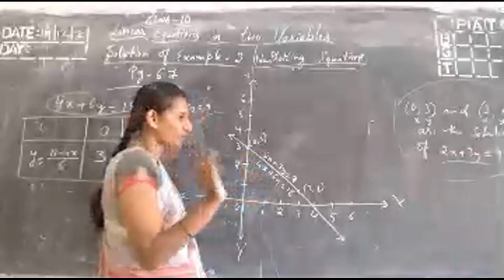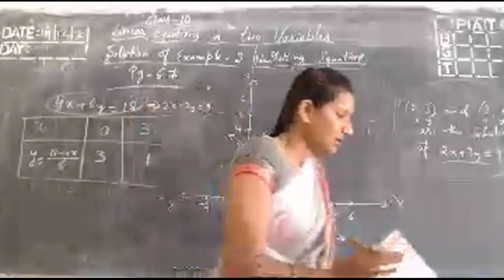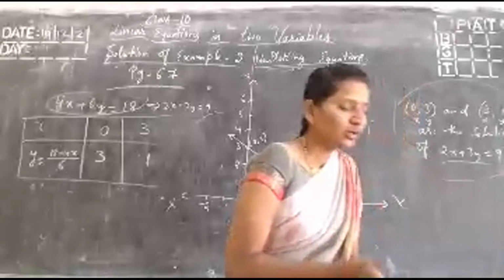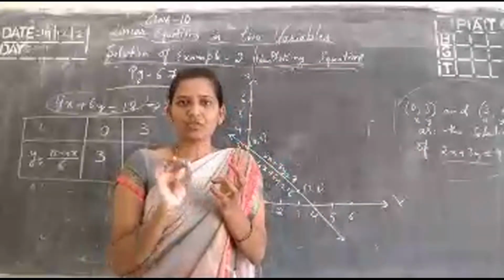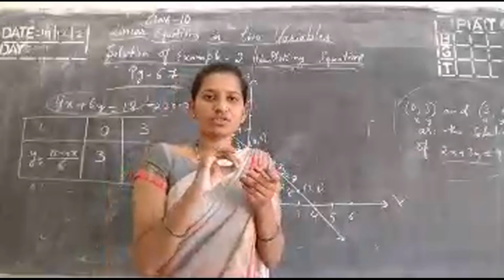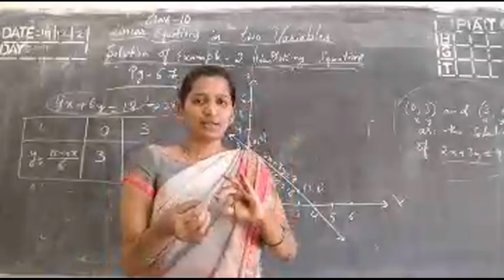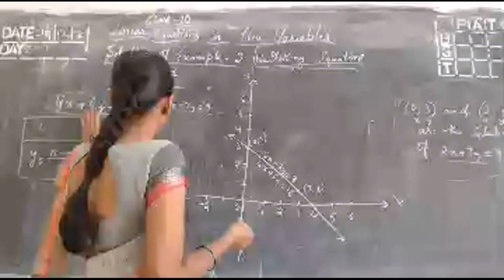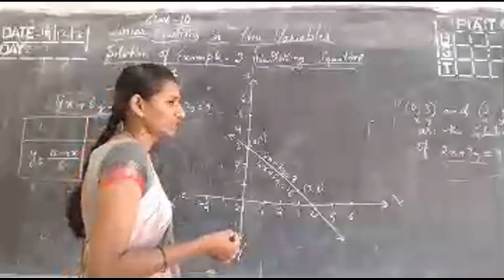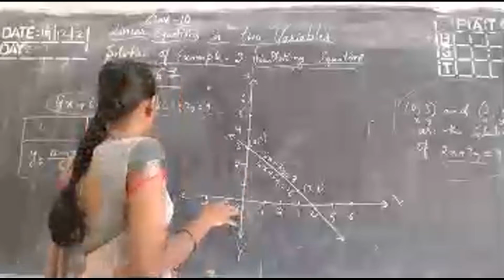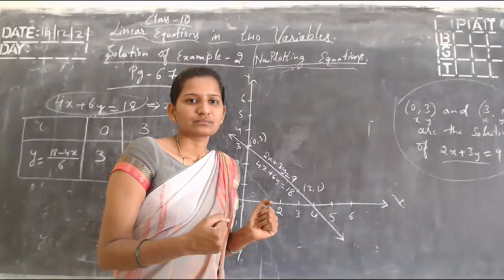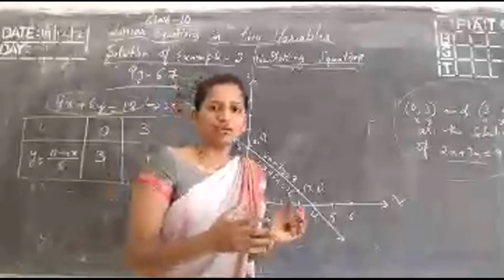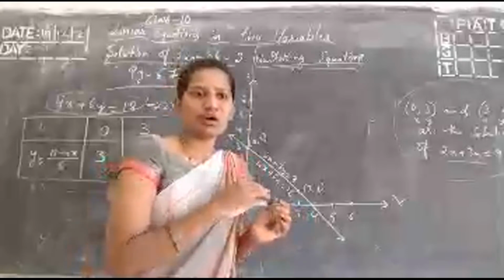Clear? So this finishes the problem. In this whole chapter, you have to do the same thing. What have I done today? First, initially, what do we have to do? We have to write the given equation by using the question. By using the question, we have to write the statements. After that, by using the equations, we have to solve like this, by putting x values and y values as 0 or 1, 2, 3, whatever you want. We have to follow the same procedure throughout